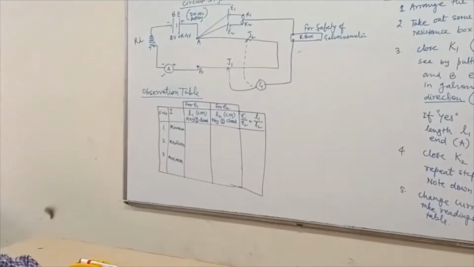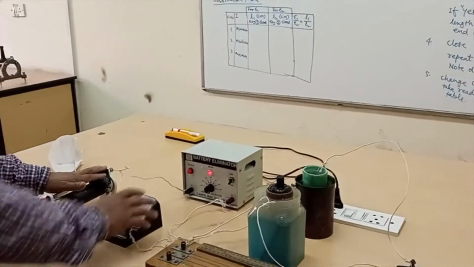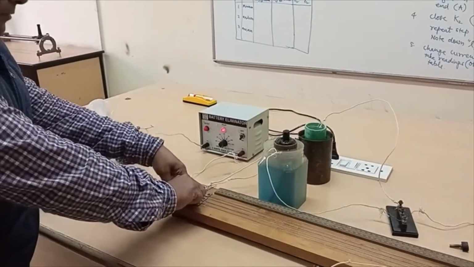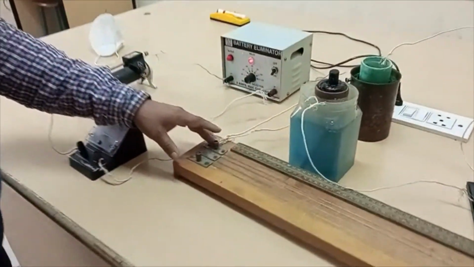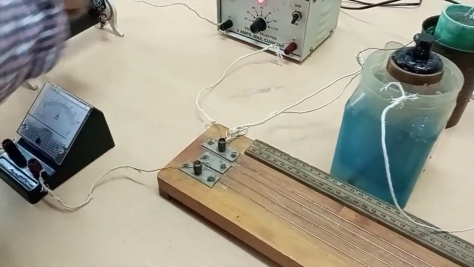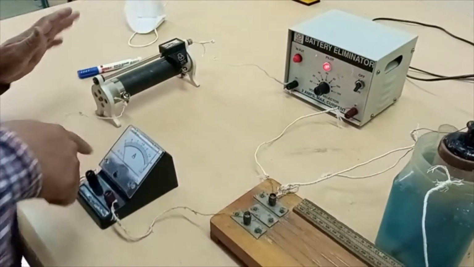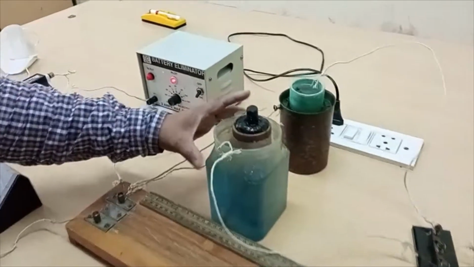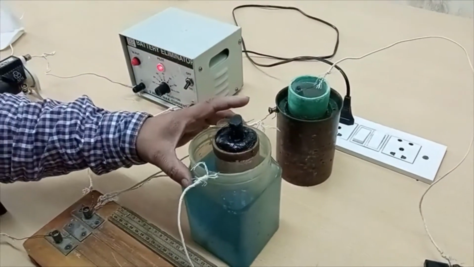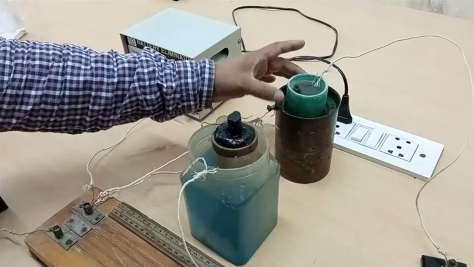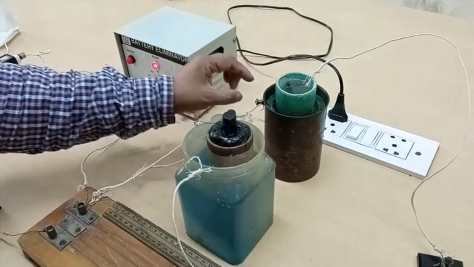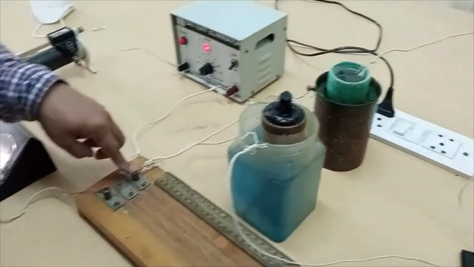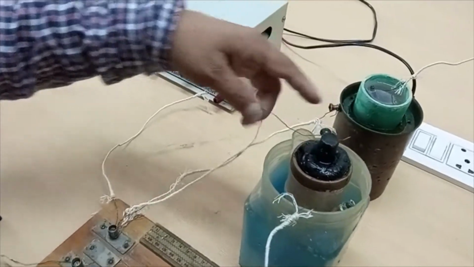So here the battery eliminator, rheostat, and ammeter are connected to the other terminal of the potentiometer. So this is the external circuit that we have connected. Now one is a Leclanché cell and the other is a Daniell cell. The positive terminal is the vessel itself. So here we have connected the positive terminal at one place. Here we have connected the positive terminal at this place.